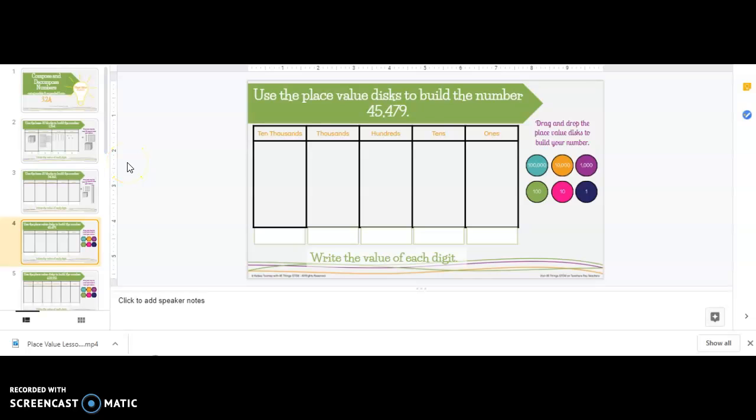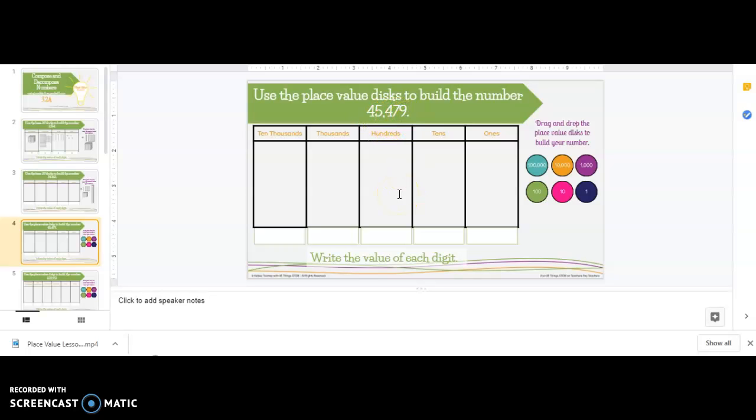Okay, so we are going to continue building numbers, composing numbers, using what we call place value discs. So over here, you see that you have 6 different discs. You have a 100,000 disc, a 10,000 disc, a 1,000 disc, a 100 disc, a 10 disc, and a 1. So we are going to practice building the number